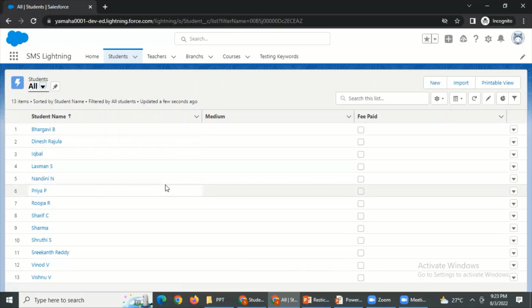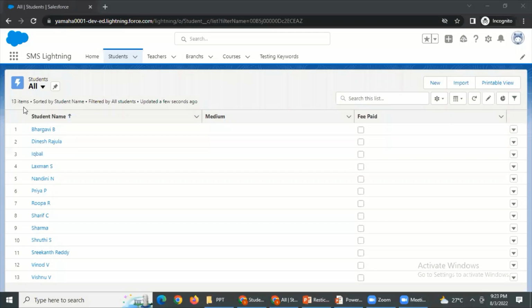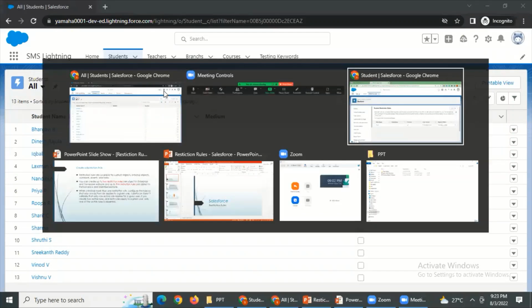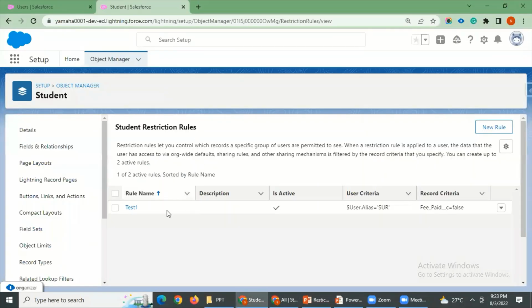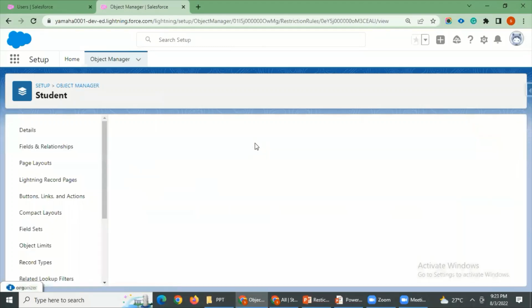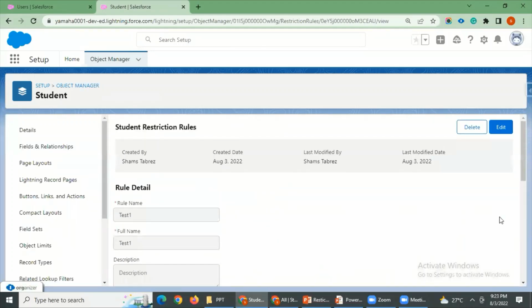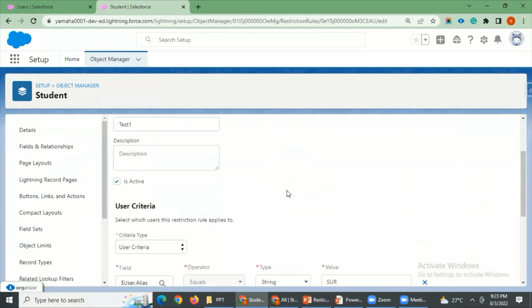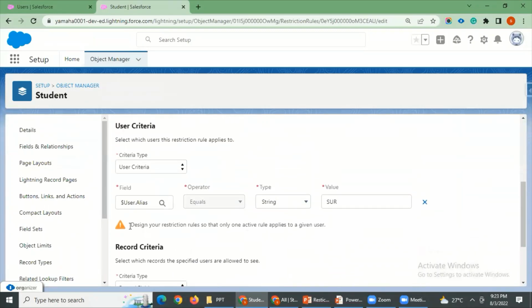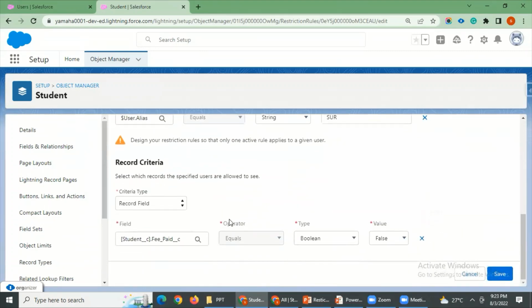Could you please repeat once again? Earlier, when we checked, you could see 30 items over there. I just wanted to know from the start how we configure this particular rule. It is based on user criteria and record criteria. In user criteria, we have mentioned Suresh. At the record criteria, we have given the record field, which is fee paid, and we have given Boolean,